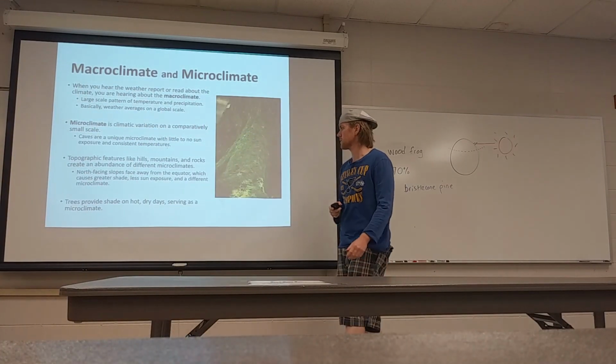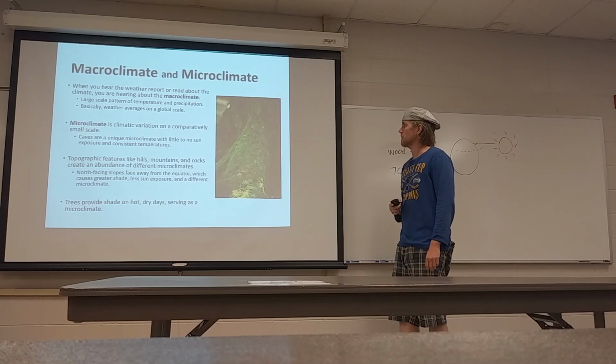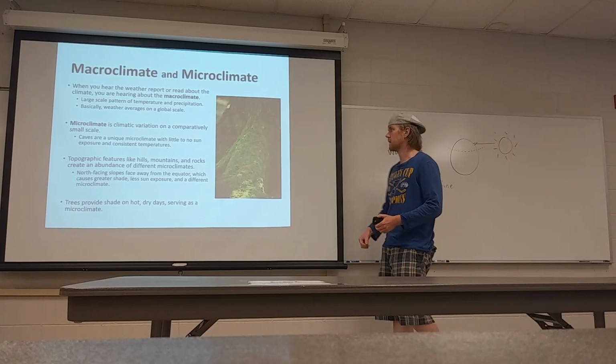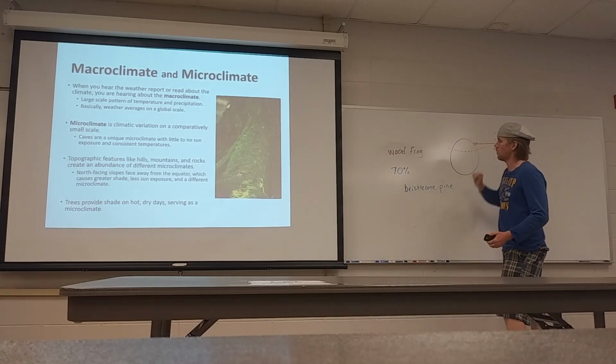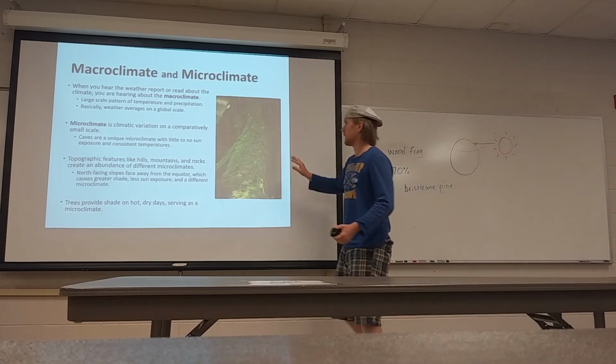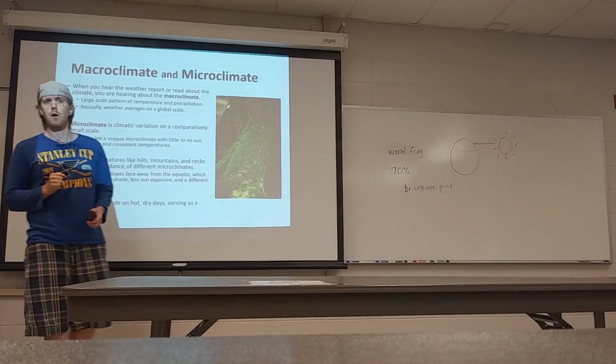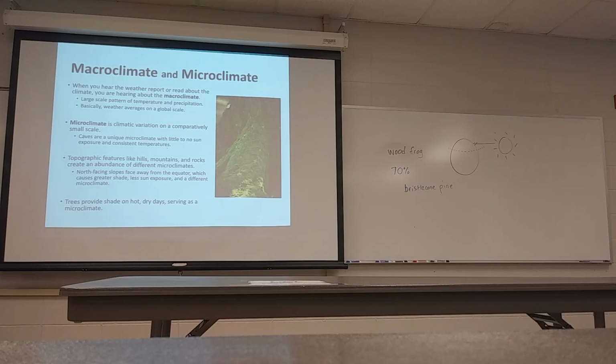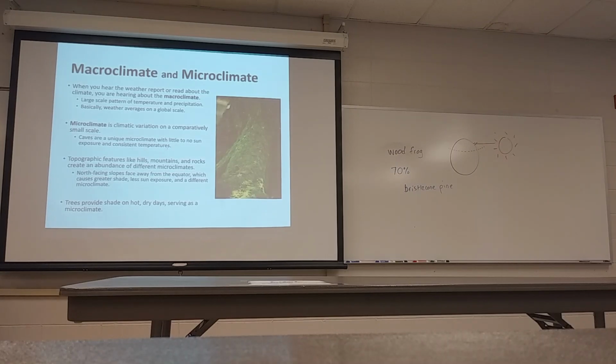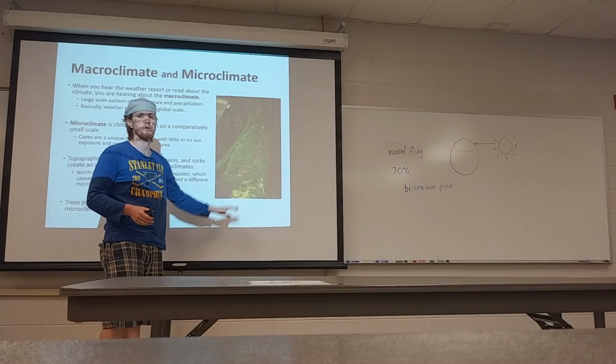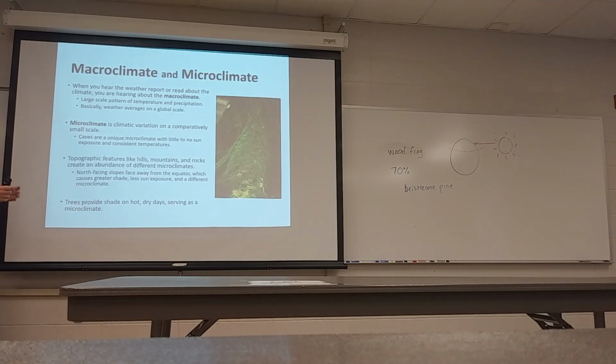People say moss grows on the north side of trees because the south side of trees is getting more direct sunlight. The north side of trees is getting less direct sunlight, and so moss, which needs water to reproduce, can more successfully grow on the north side of trees because the moisture is retained due to less direct sunlight. So even trees offer a microclimate for moss depending on which side of the tree we're talking about.